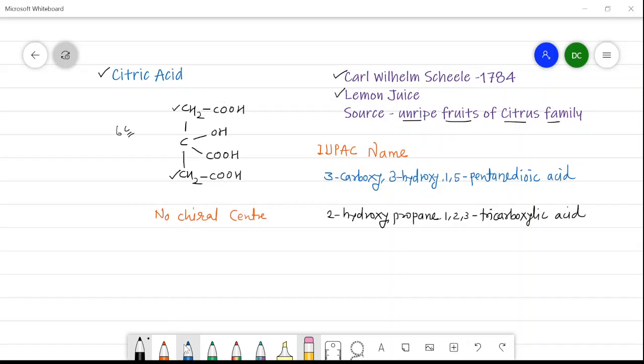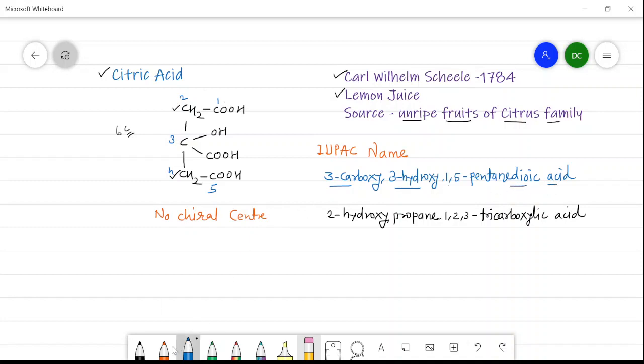Now we will give the IUPAC name for this citric acid in 2 ways. The first way, here I will write a first number, then second, third, fourth, and here a fifth. On the third carbon, there is a presence of 2 groups, that is OH and COOH. They are considered as substituents. So the name is 3-carboxy-3-hydroxy. There are 5 carbons in the chain. That's why pentane. At the first carbon and fifth carbon, the carboxyl group is present. So 1,5-pentanedioic acid.